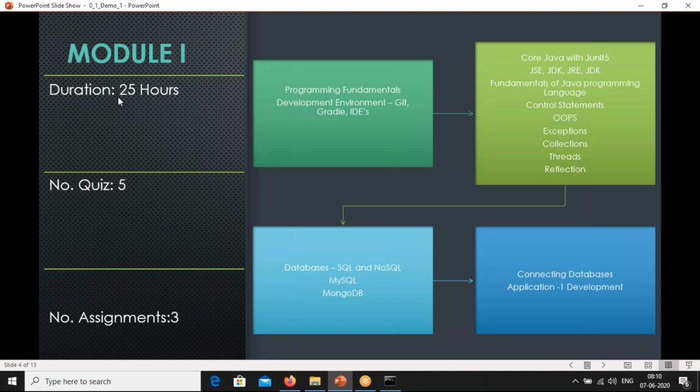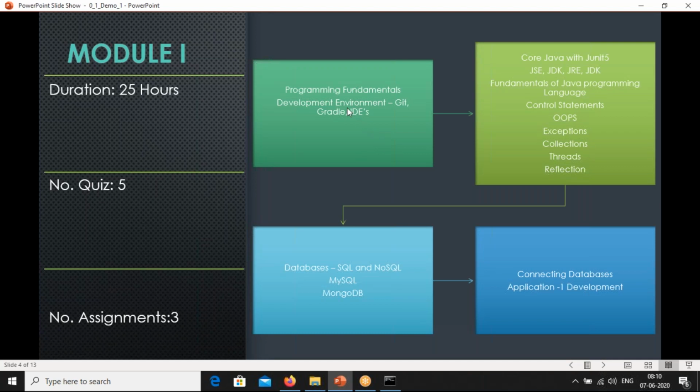It is going to be core Java. We will be spending time only on core Java and database stuff. So 30 hours we are going to spend here. From day one, in the first week itself, you will be introduced to how to use source code repositories by using Git, and Gradle or Maven, which are build tools, and IDEs, integrated development environments.